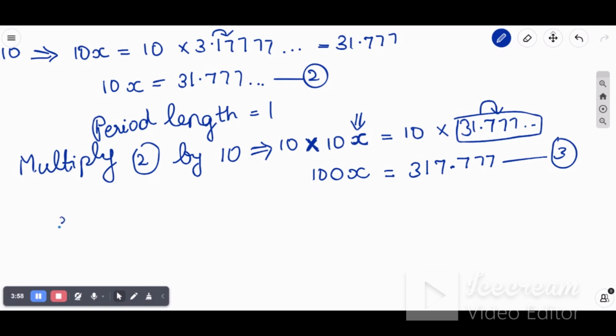So let me subtract 2 from 3. So 3 minus 2, write it clearly, okay? 3 minus 2. 3 means 100x. The left side of 3 is 100x. So 100x minus 10x, which is equal to